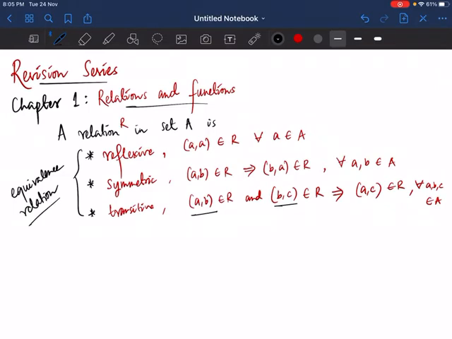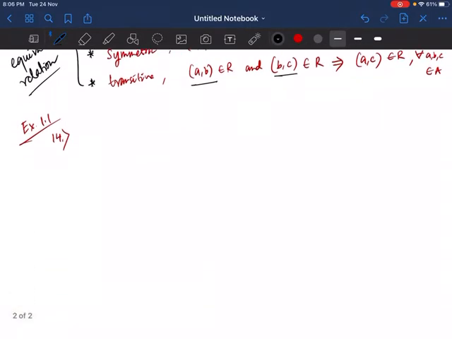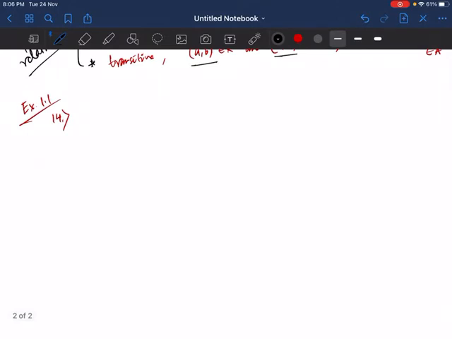Now let us do one problem of this exercise. I have already selected a problem, that is question number 14 of exercise 1.1. This is what we are going to discuss here. The most important thing for every maths problem is the question. You must read it thoroughly. If you don't understand, please keep on reading it.